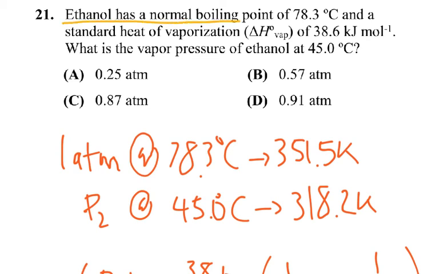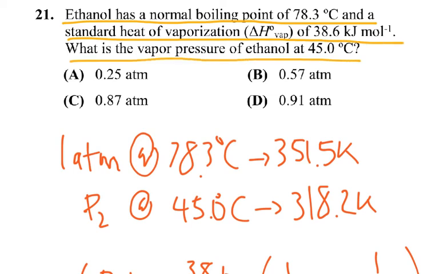Ethanol has a normal boiling point of 78.3 degrees Celsius and a standard heat of vaporization of 38.6 kilojoules per mole. What is the vapor pressure of ethanol at 45 degrees Celsius? So, this question basically said that ethanol has a normal boiling point of 78.3 degrees Celsius. Now, what does that exactly mean? Well, it means that at 78.3 degrees Celsius, the vapor pressure of ethanol is 1 atm, and this is because